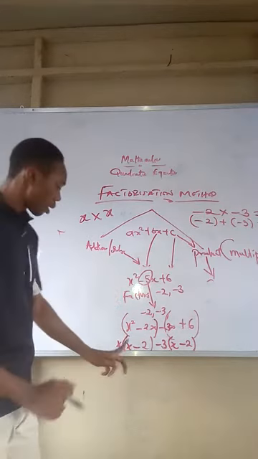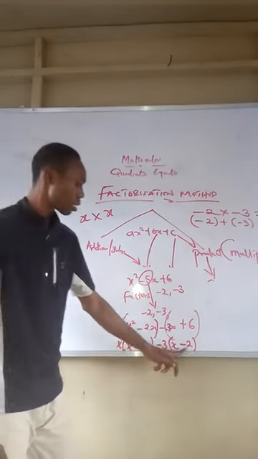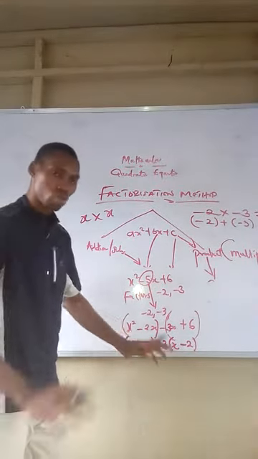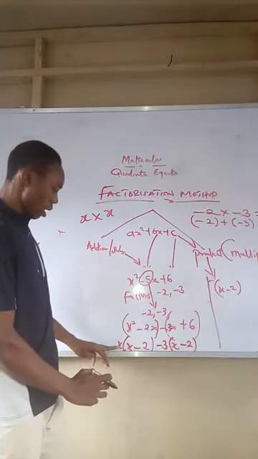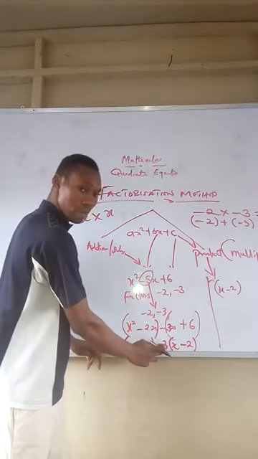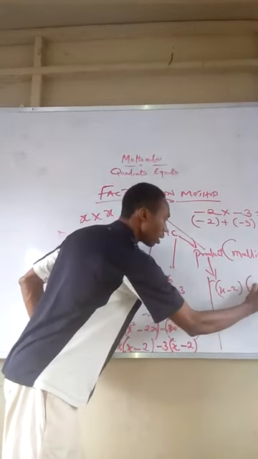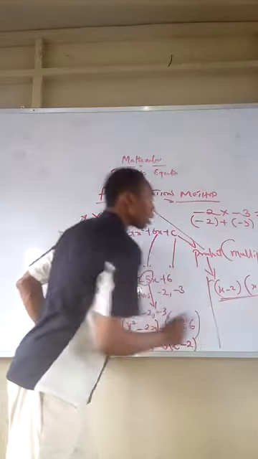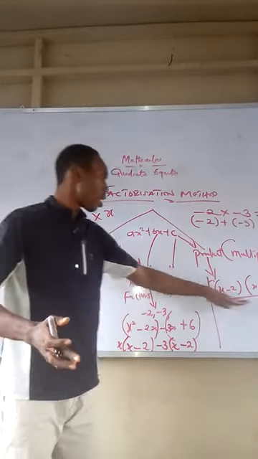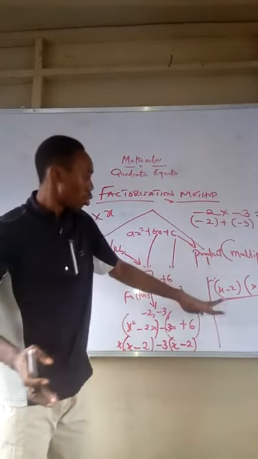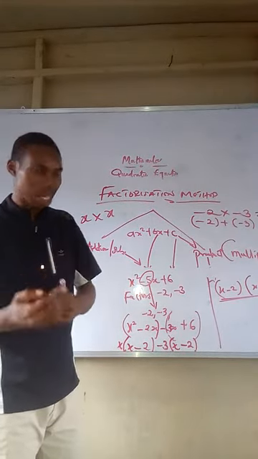Now what is our final answer? This one and this one, they are the same. You have x minus 2, x minus 2. So if you have x minus 2 and x minus 2, you pick one, which is x minus 2. Outside, you have x here, you have minus 3 here. Put these two in brackets, it gives us x minus 3. It becomes a quadratic expression. We are not asked to solve, it's not equal to 0. So this is the final answer as far as this question is concerned. So x minus 2, x minus 3. Do you understand? Yes, you understand. If you don't understand,